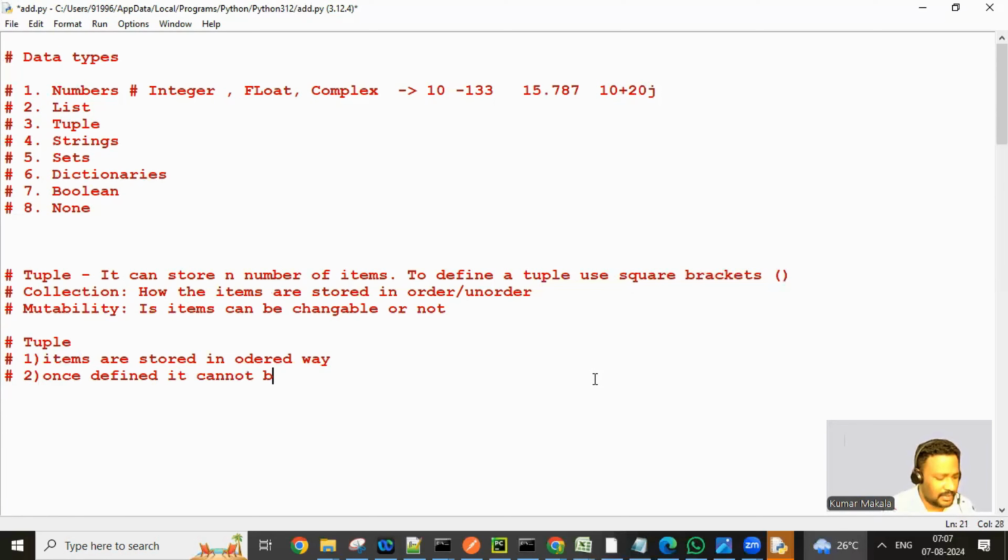it cannot be changeable. You got it? So once you define a tuple, you cannot change, you cannot modify. You got it? Cool. So let's do the same way. For example, number tuple equal to this. Let's say